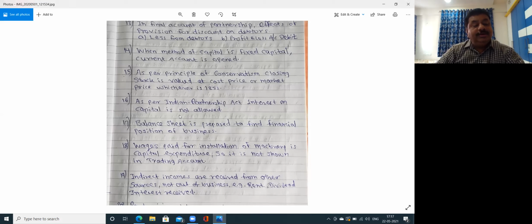So why do we calculate it? Because that is given to you in the problem, and that is as per agreement between partners. If the partners have made an agreement, then interest on capital will be received. If no agreement is made, no interest on capital is payable, no salary to partner is payable, no commission to partner is payable, and also no interest on drawings can be charged. Listen to me very carefully. This is very basic.